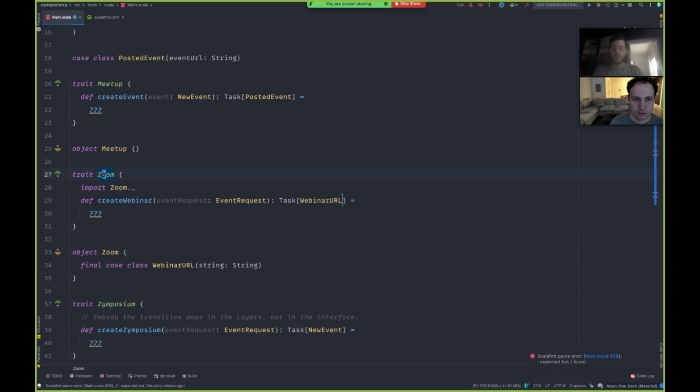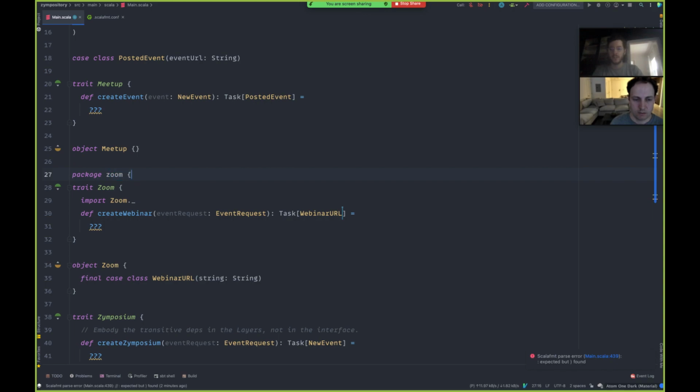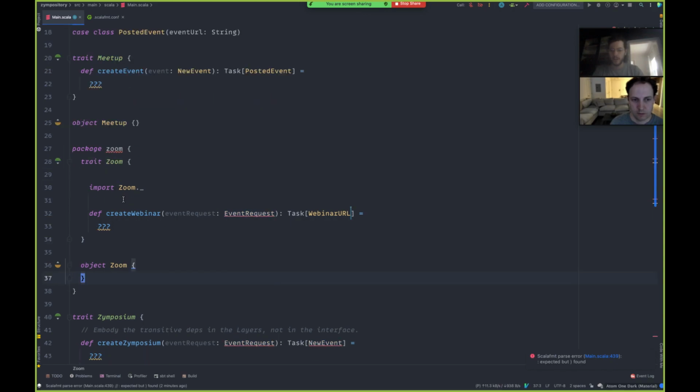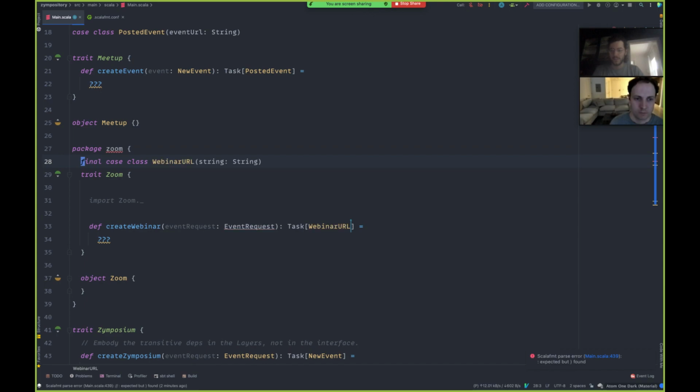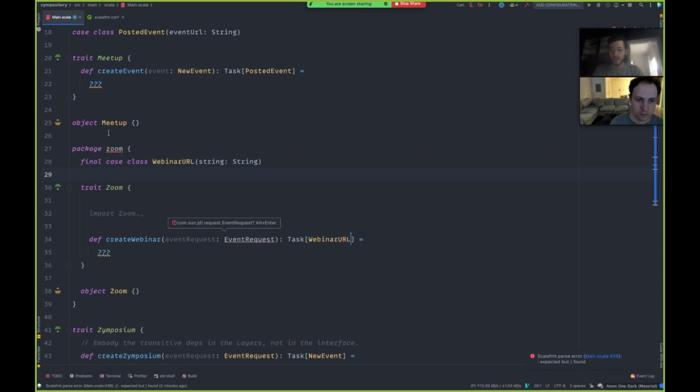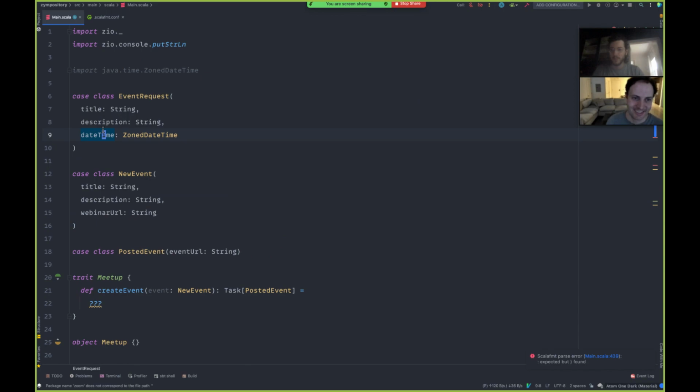Maybe if this were moved to a different file, and this is all in the package Zoom, then this could go in there. Obviously the syntax isn't real, but I wish it were. Does that actually work? Move to package Zoom. Can I move this whole thing into a different package like that? Let's see if that's possible. No, that didn't work at all. And it probably broke something.